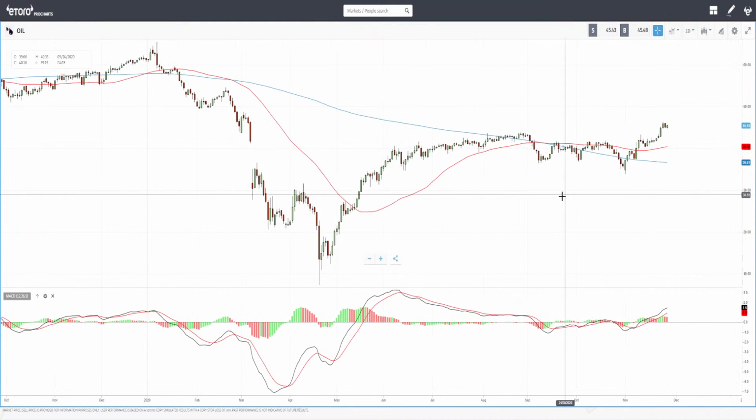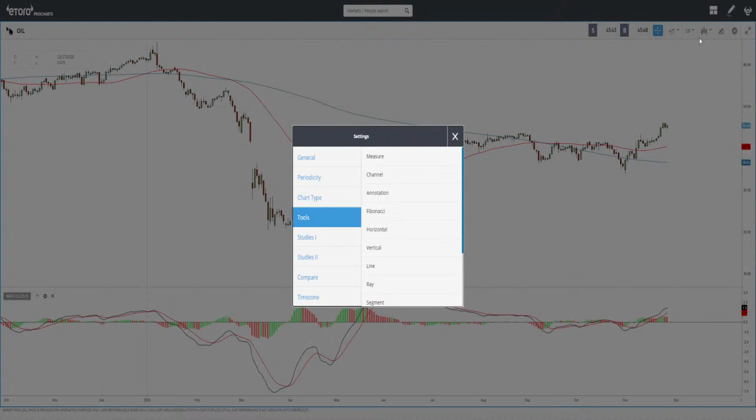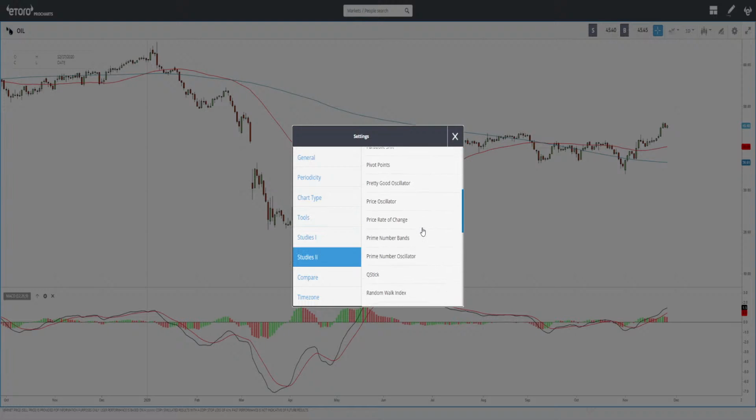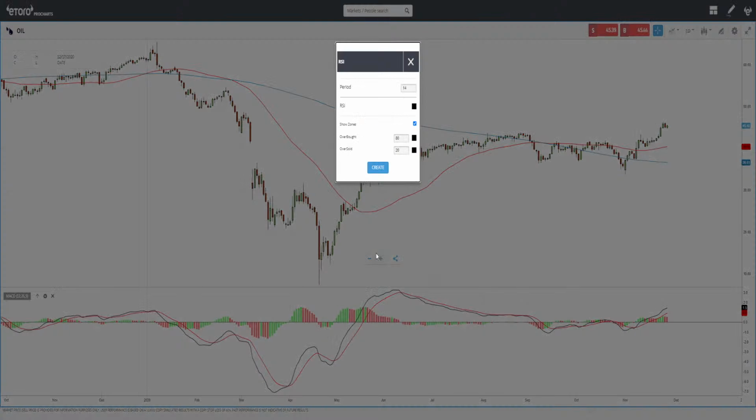So the next indicator that we're going to look at is the RSI. So we'll click on this pen again. We'll click on Studies 2. And then you have to scroll down a little bit. And then you find the RSI. So the RSI in